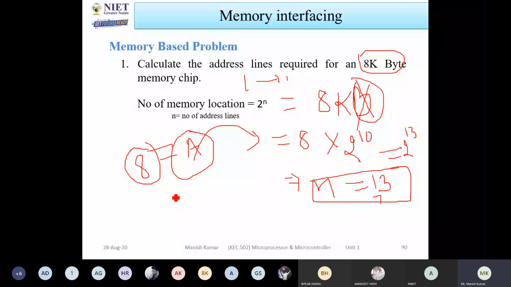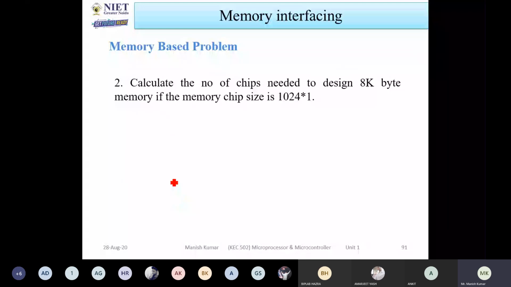Okay. So the second question is, calculate the number of chips needed to design 8 kilobyte memory if the memory chip size is 1024 into 1. सर, 8 लगेगा। 8 मेमोरी चिप लगेगा? गलत। क्वेश्चन सिंपल है, इसका मतलब ये नहीं है कि इट्स वेरी इजी। यू हैव टू थिंक एंड यू हैव टू सॉल्व।